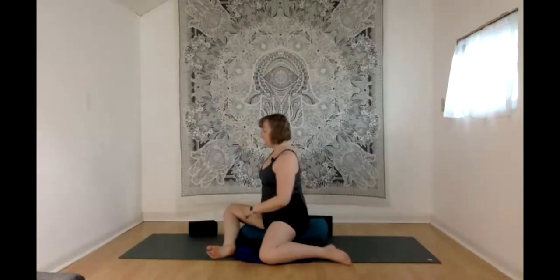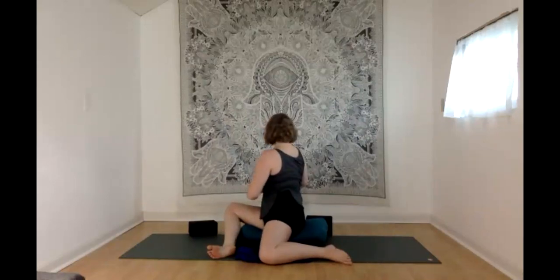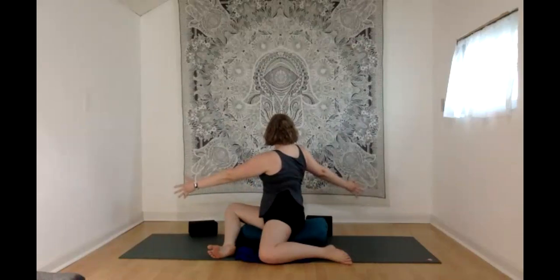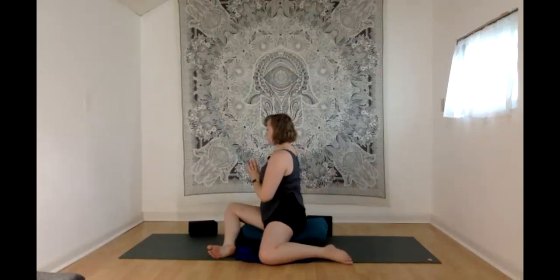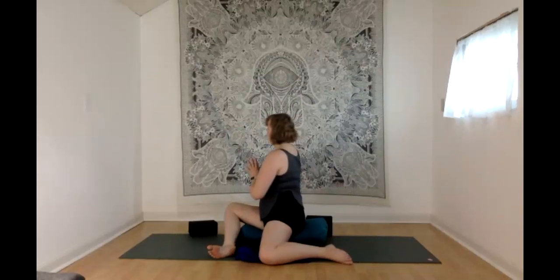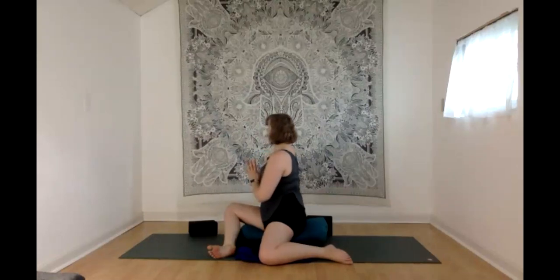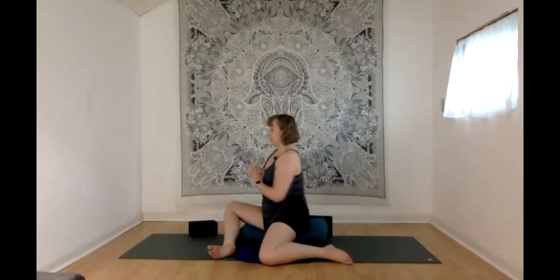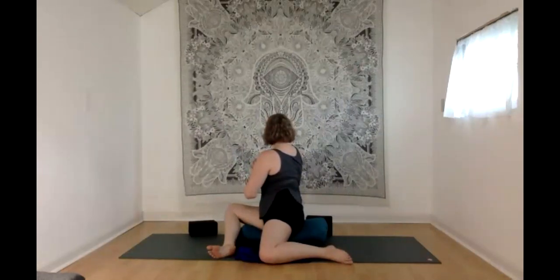And we'll take our active twisting a couple rounds to the right. So when you're ready, just seeing about making your way to the right, looking over that right shoulder, maybe extending your arms or keeping them near heart center. With an inhale, you might unwind slightly. And then exhale, twist back over to the right. Do that one more time. Inhale, unwind. Exhale, twist. And then we'll come back,